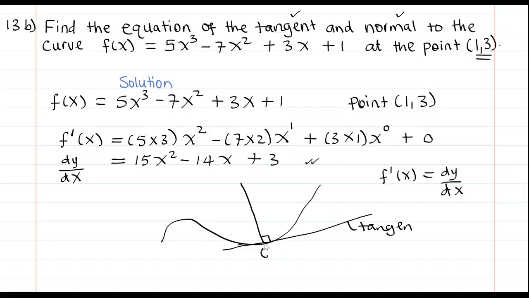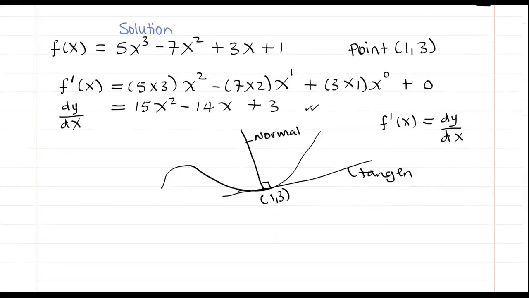So this is the point where they're all meeting, point (1, 3), that is the point of tangency. This is a point where the curve, the tangent, and the normal are meeting. So this point is on the curve. So what I want to do is find the gradient of the curve at point (1, 3). So at point (1, 3),